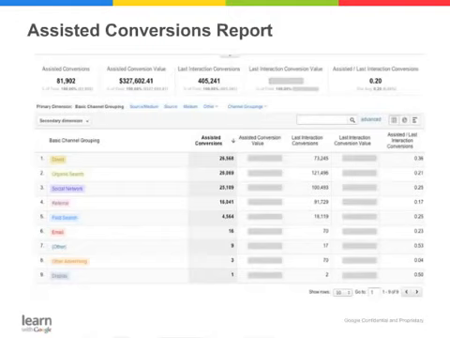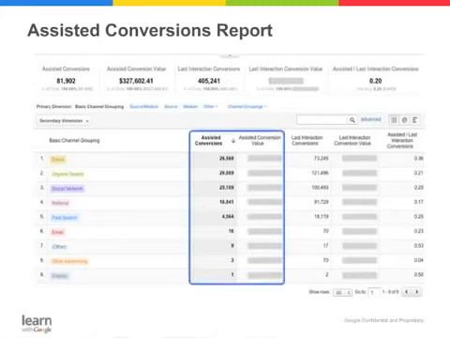First, it shows you a new metric called the Assisted Conversions metric and the assisted value. This metric helps you understand how different marketing campaigns and different channels helped conversion. And it's not direct conversion, it's assisted conversion. An assisted conversion, an assist